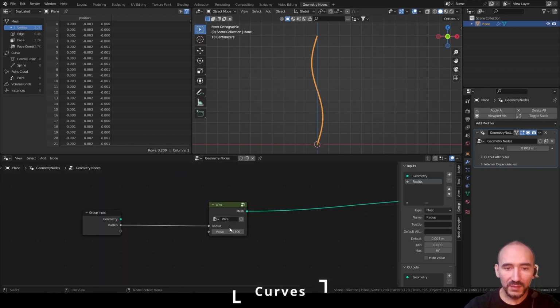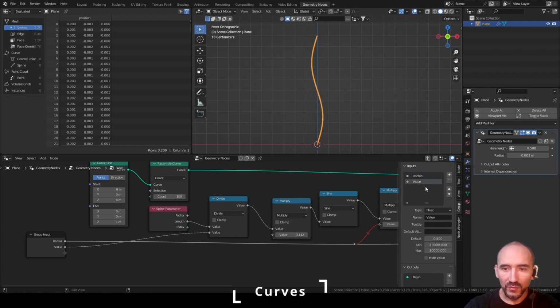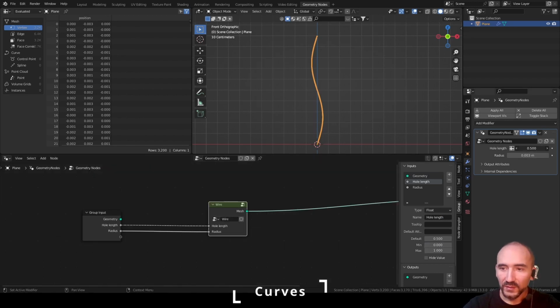Press tab to exit and export these. I can move this value up and set hole length from 0 to 1 meter, for example. Tab to enter in this blue node, move up the value, hole length from 0 to 1 meter, and now tab,